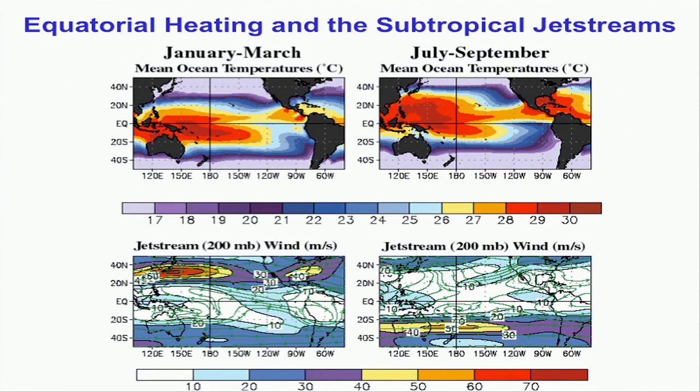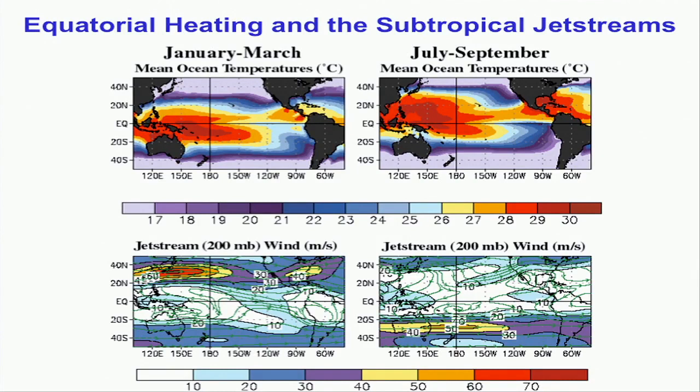And what you can see is that the jet streams seem to be a maximum between 20 and 40 degrees north in the January-March period and extend beyond the international dateline, 180 degrees there. Whereas if we look at the southern hemisphere winter period, you can see that the jet stream is now a maximum on this side of the equator, between 20 and 40 degrees south. And of course, the strength